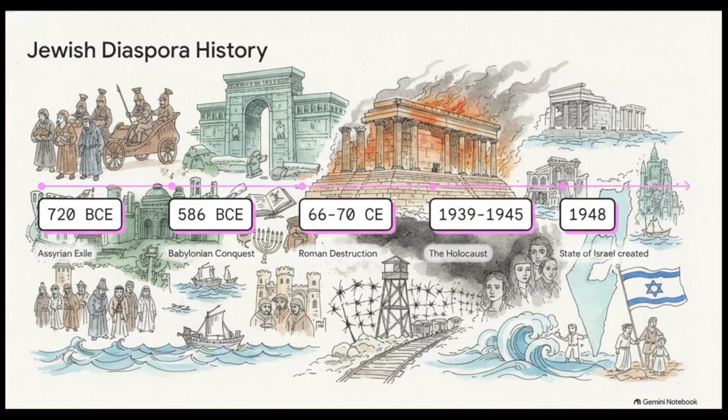And then, history pauses to recognize the profound horrors of the Holocaust from 1939 to 1945, where Nazi Germany's genocide claimed roughly 12 million Jewish lives. The survivors scattered, mostly to the Americas and Palestine, which ultimately paved the way for the creation of the modern state of Israel in 1948.